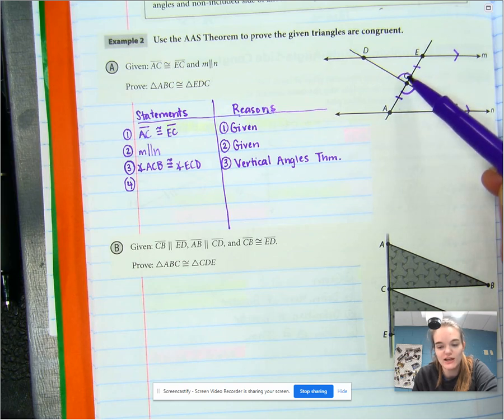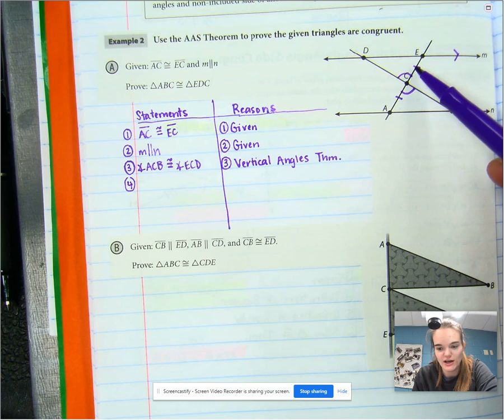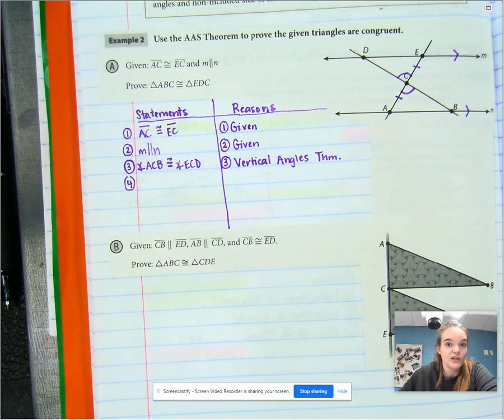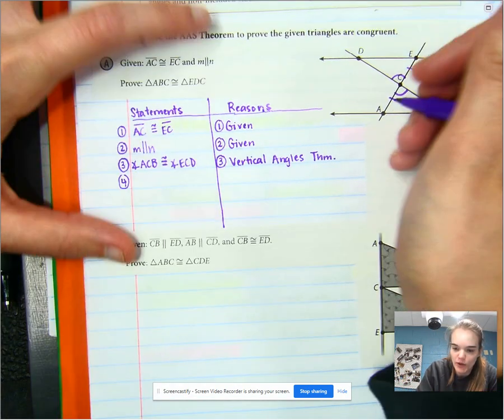If we were using angle, side, angle, we would say E and A. Angle, side, angle. Which means later, if you're doing your homework, I don't care what you use, because it's important that you understand that it is possible to do these with a lot of different things, okay? So number 4, though, we're going to say